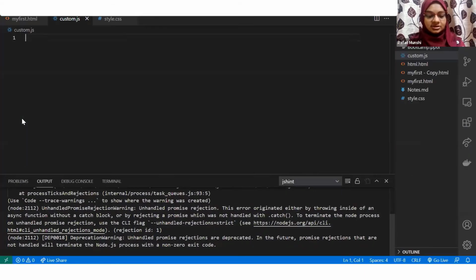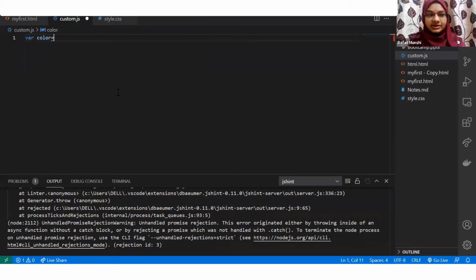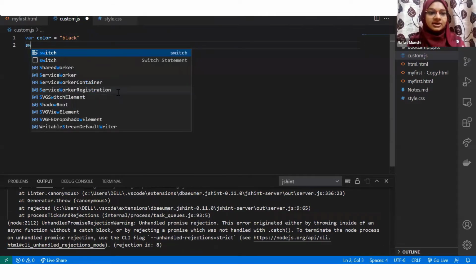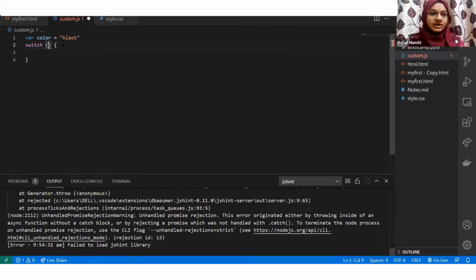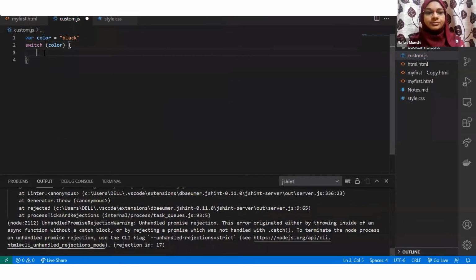Now, if you want to write something like a switch statement, so if I write var and I put, let's say, color, okay, and I write black, and now I want to check if it is a light color or a dark color, whichever the user has put. So in my switch statement, I would check for the value of color, and then I would put case.